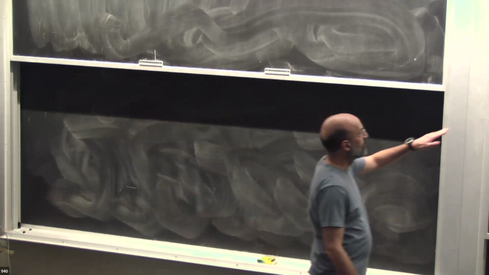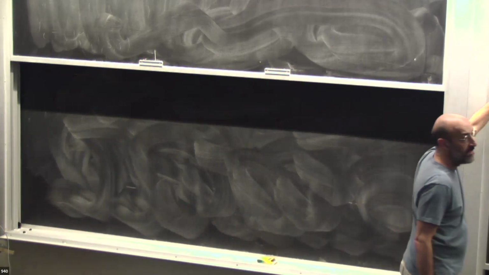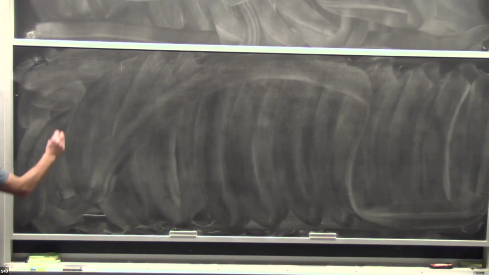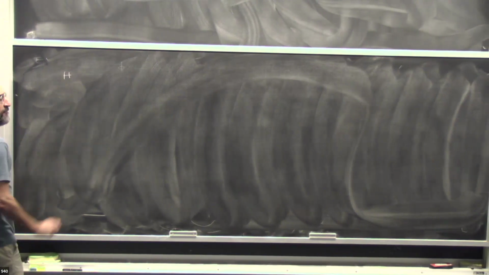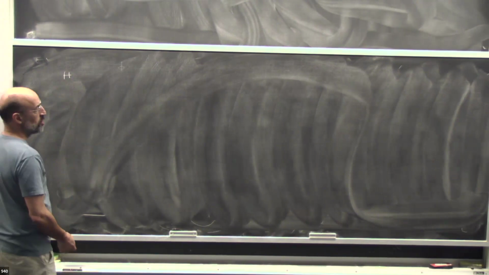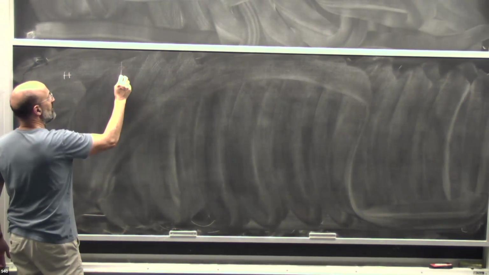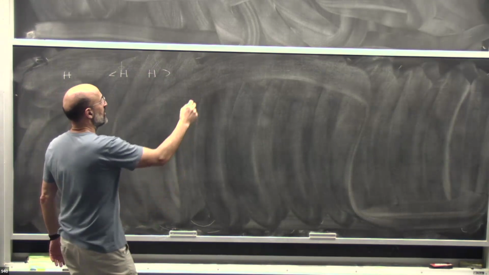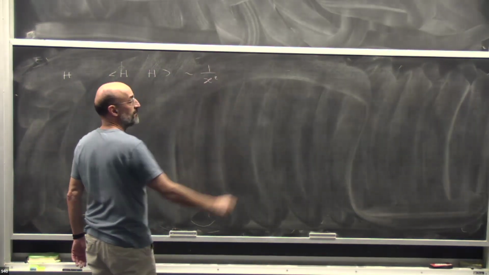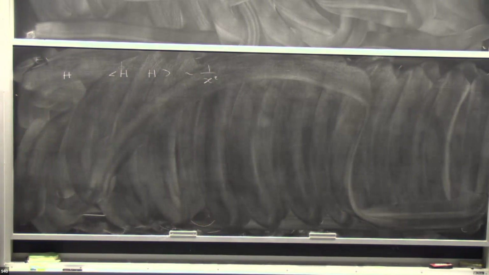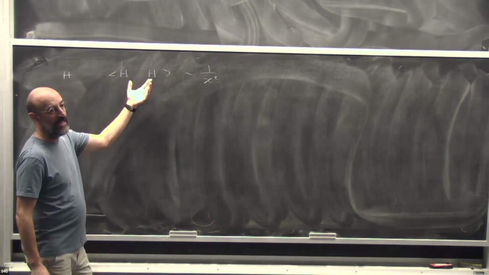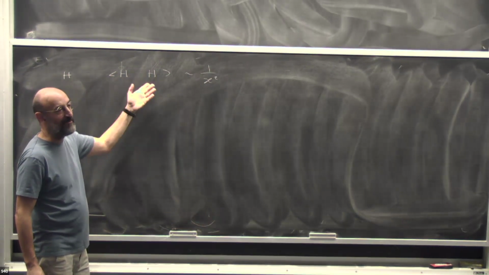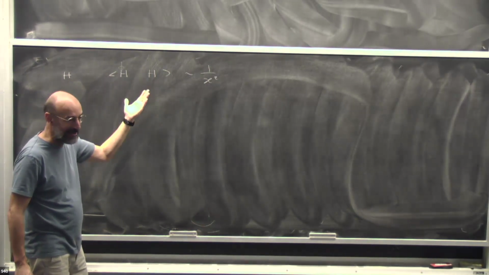Okay, so what is the idea here? In the standard model, you have an elementary scalar field, the Higgs, which has dimension 1. What does it mean it has dimension 1? It means that its 2-point function, let me be very schematic, at very short distance goes like 1 over x squared. When this happens, we say that H is dimension 1.